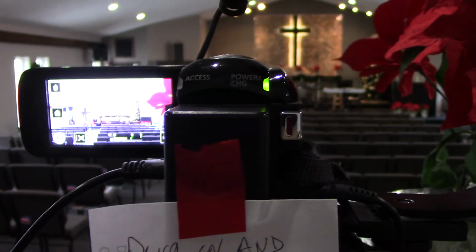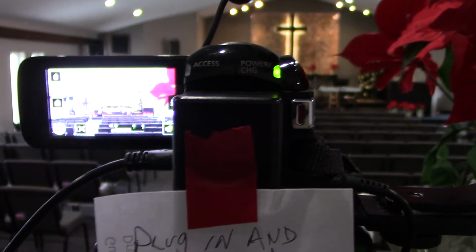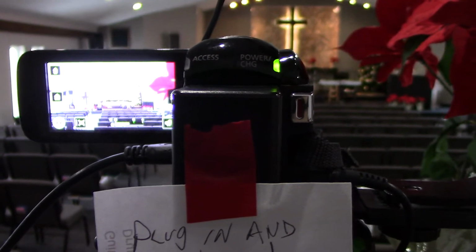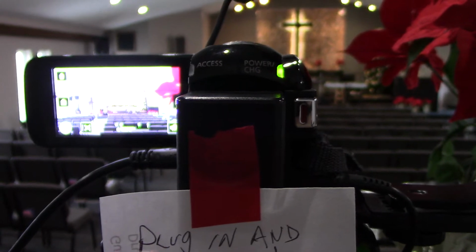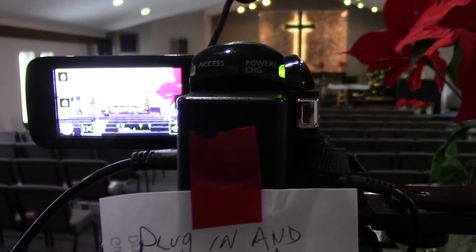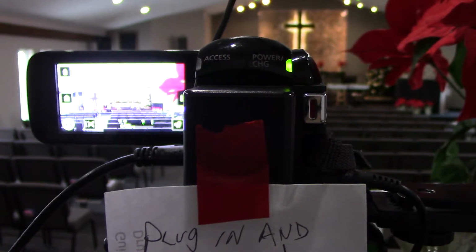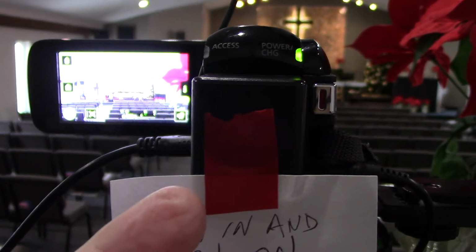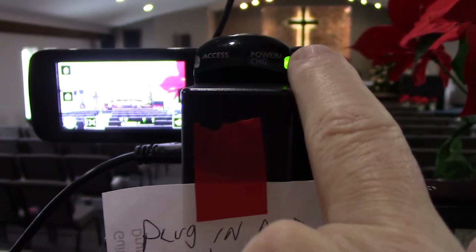So what we do is, even though we're live streaming and the stream is being recorded on the hosting site, we also record it here on the camera as well, and that way if there's an internet issue, a problem with the live stream itself, we would still be able to capture the video from the service from the camera itself. So I'm just going to push that button that's right up here,